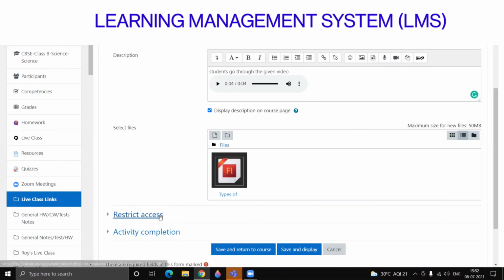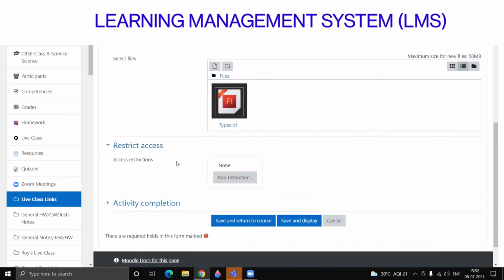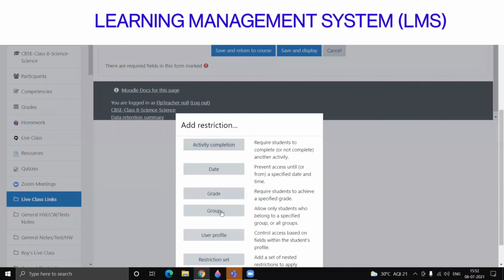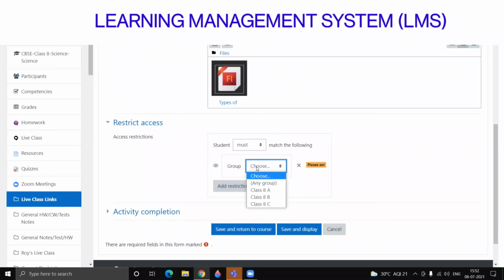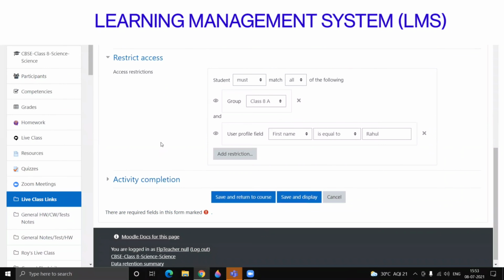Every activity has an option for restrict access where a teacher can choose to send this activity to a group of students or to individual students. So I'll go with a group, choose the group, and I want to choose an individual student. Suppose someone has missed out from the other class, you want to add them, yes, I can go with that. So I say that Rahul is the first name of the child. That means Rahul and 8 students will get this activity. And in the class also, once the teacher has finished teaching, she'll set a date and time that the students have to learn by this given time.